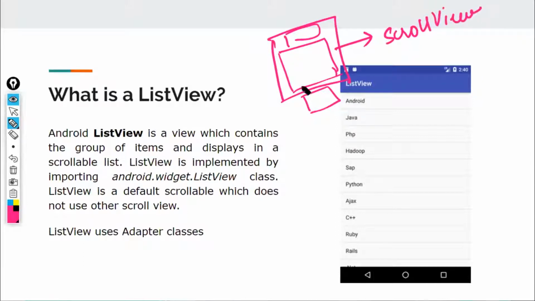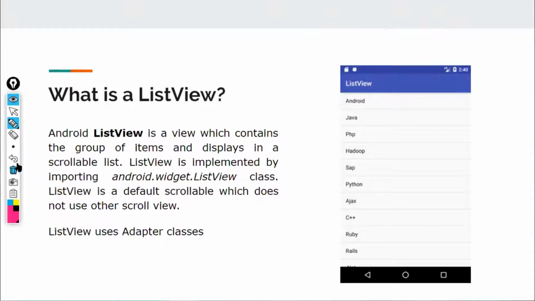Now what scroll view will do, scroll view could be the parent layout. Whatever things will be there on this scroll view, the user will get an option to scroll. The same thing could be in the case of list view also. For example, if your list is currently showing you 8 items, it might be possible that you are having, let's say, 64 items in your database. Then at each time you'll be shown a part of the data, and when you scroll, you'll be able to see other items also.